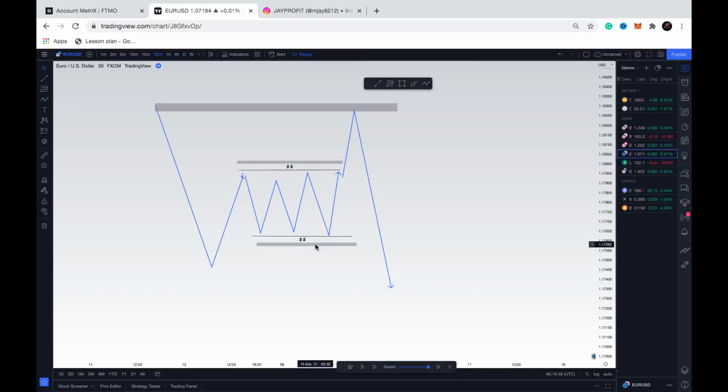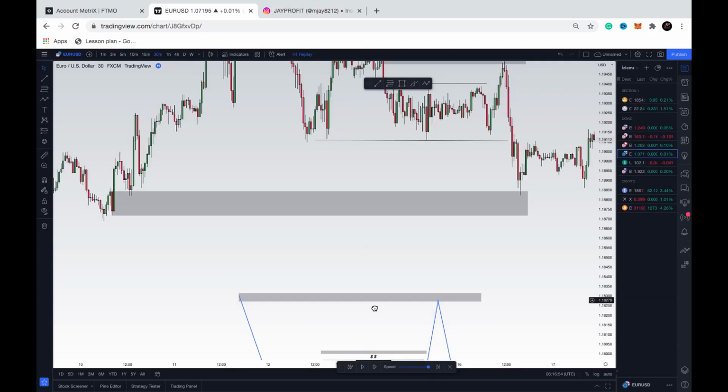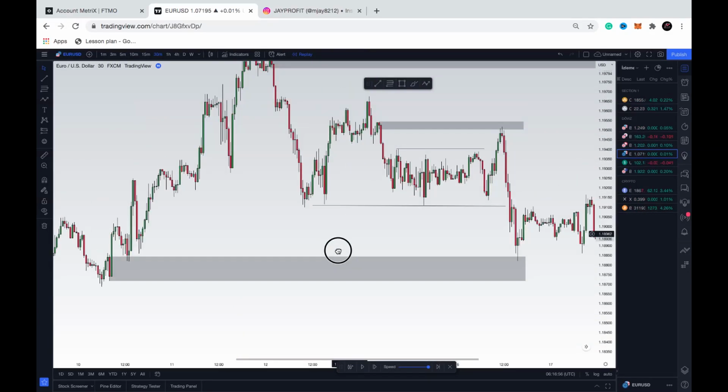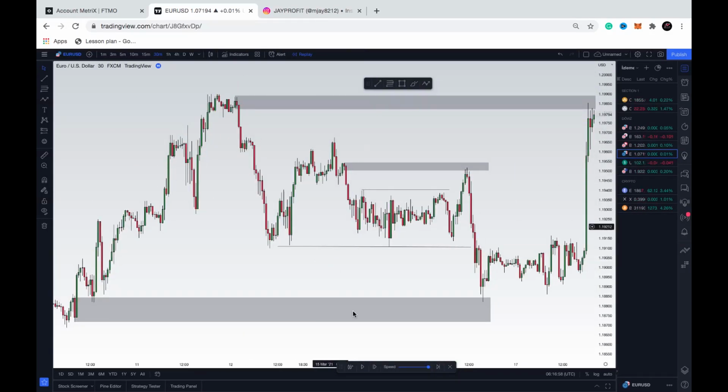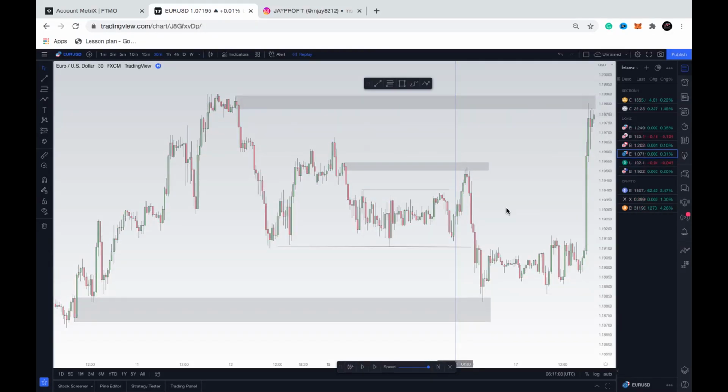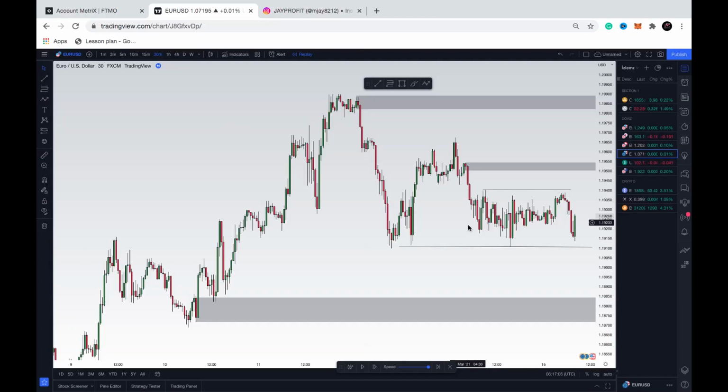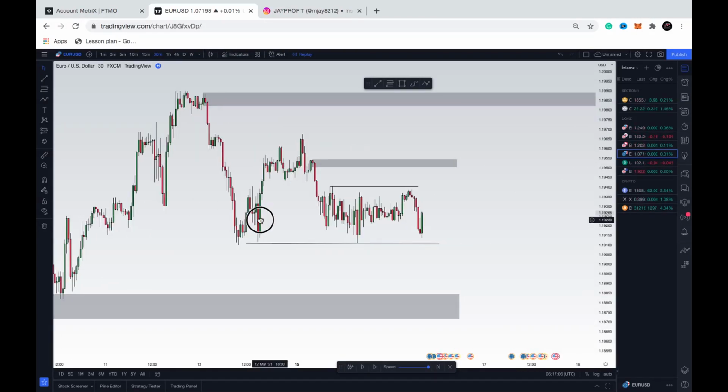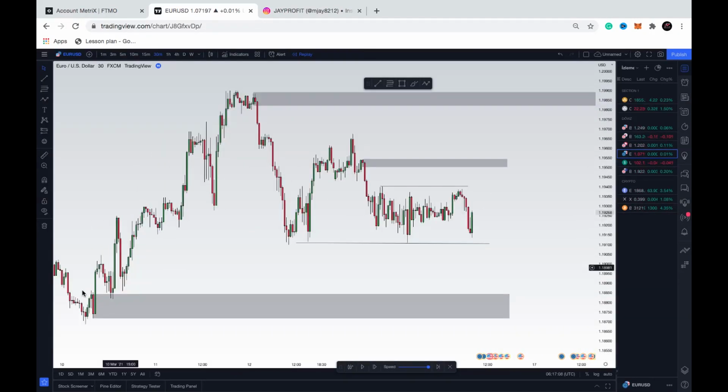So real quick guys, I'm just going to show you an example of this same scenario in the live chart. All right, so we can see right here, I'm just going to take this back right here. Okay, so we can identify right here there's a market movement, right? This is a nice demand area right here with imbalance. You can see the imbalance right here.